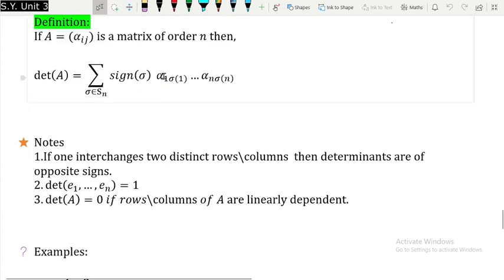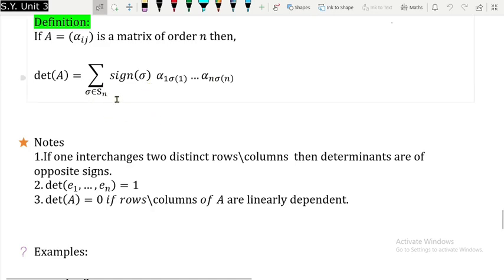So now the thing is, how many terms the product is going to have also depends on the value of n. If the value of n is 3, it will have only 3 terms. Note, it will have only 3 terms. I will go up to sigma 1, sigma 2, and we will go up to sigma 3. That's it. If the value of n is 4, then this product, it is actually a product, we will go up to 4. Okay, so this is how the determinant is defined.